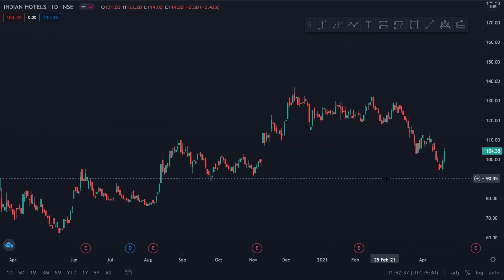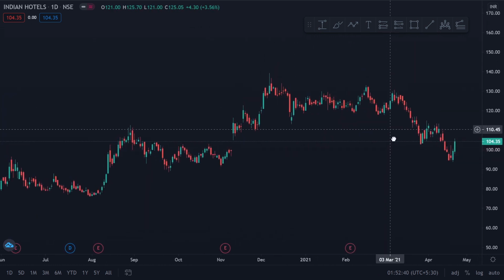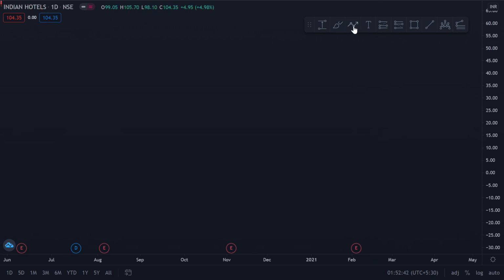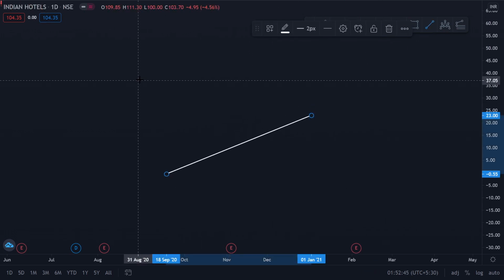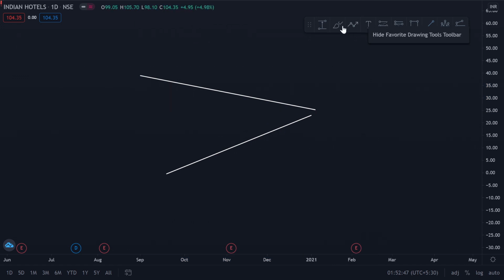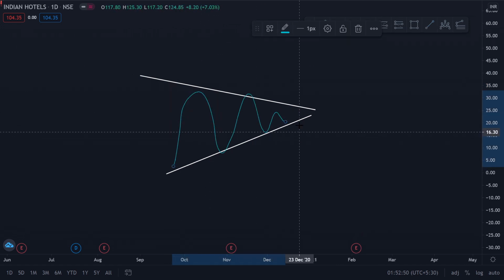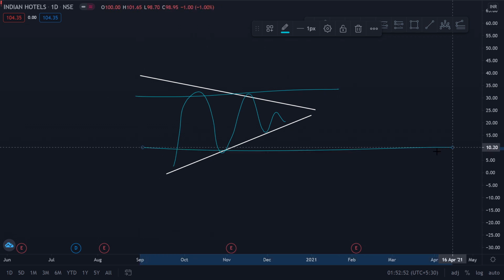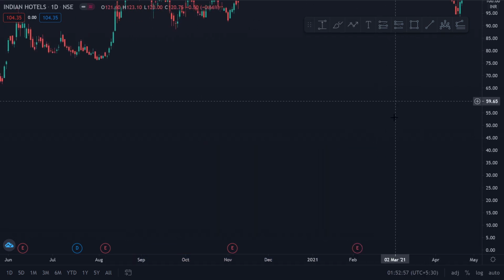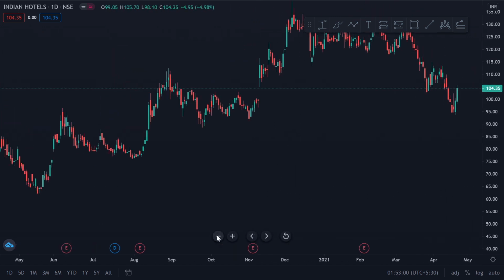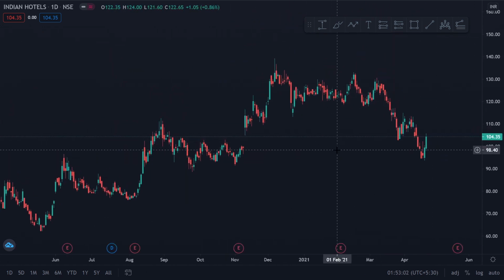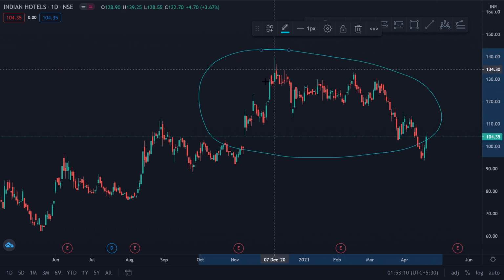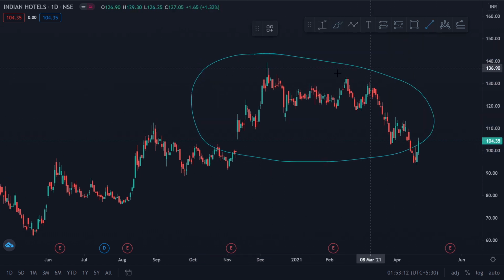Right. So the advantage of horizontal, so suppose I have my symmetrical triangle pattern, which looks somewhat like this. So these are the two support and resistance lines, and price consolidates between these two levels. This is my symmetrical triangle pattern, which does not have any horizontal boundaries. So these two boundaries are slant, right? So the uncertainty which comes into picture along with this is, these resistance and support trend lines I can draw anywhere, right? So suppose this is my period of observation right now. Now I will try to draw resistance lines.